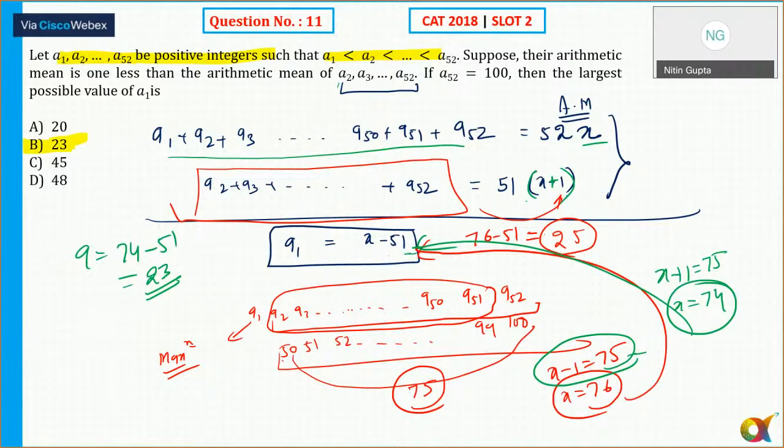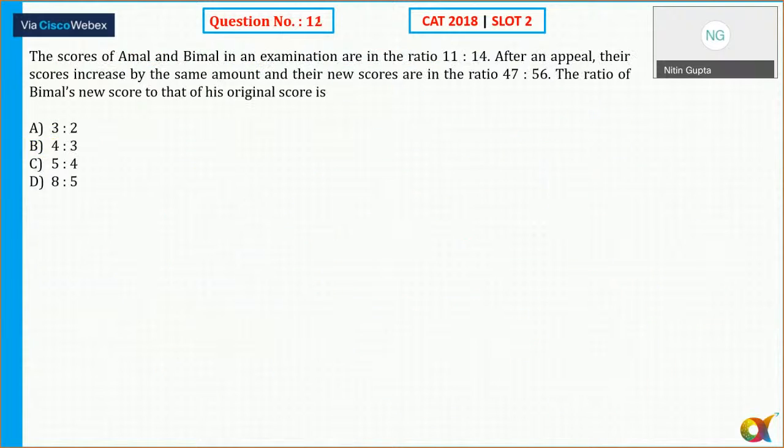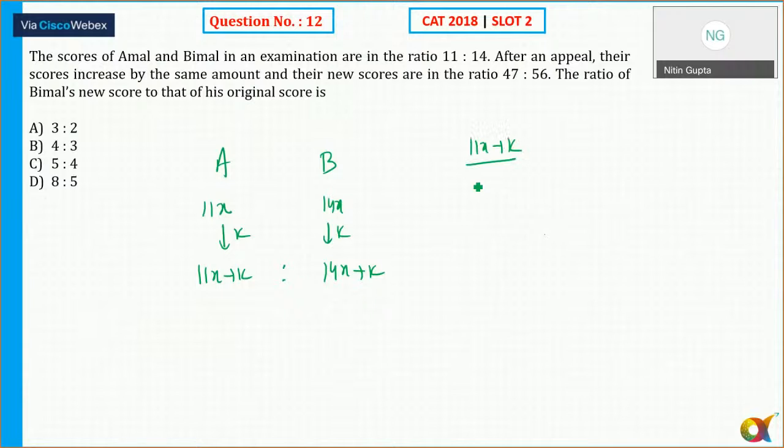Okay, let's move to the next question then. Question number 12, a very easy one. The scores of Amal and Bimal in an exam are in the ratio 11:14. So I can say 11x and 14x. After an appeal, their scores increase by the same amount. So let's say the increase is k for both. So this is 11x plus k and this is 14x plus k. And the new ratio is 47:56, which means (11x plus k) upon (14x plus k)